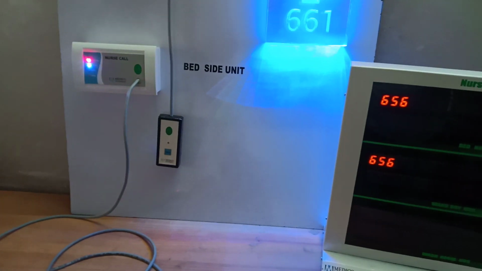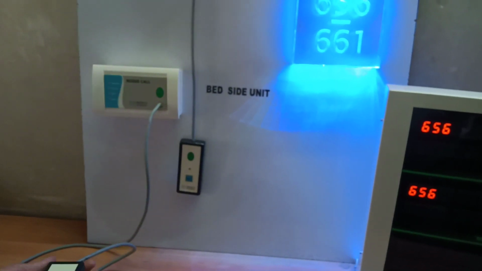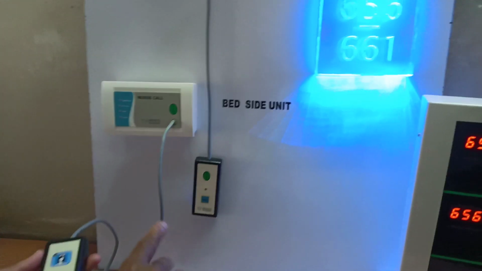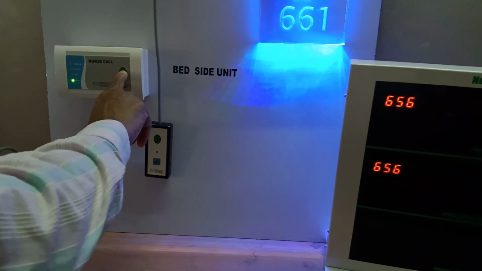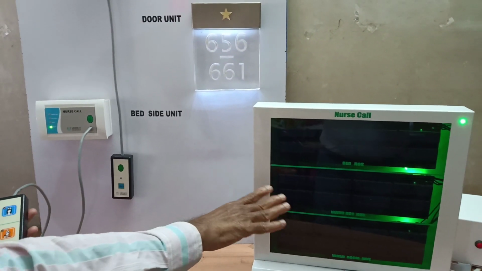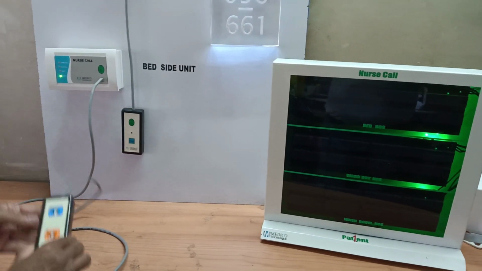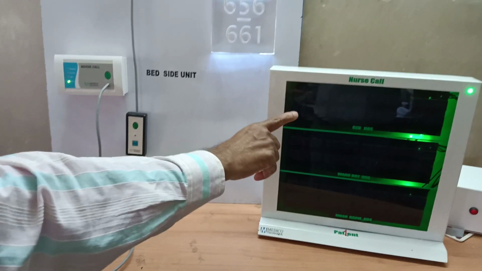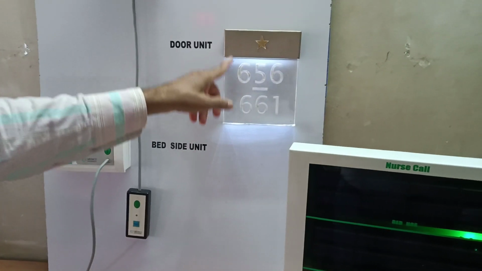Now the audio is not going to stop unless the nurse comes and visits the patient, sees the patient. When the nurse visits the patient, to dismantle the system, she will just press this reset button. When the reset button is pressed, you see what happens. Everything has come to the standby mode. Displays have gone off. Green light on the wall unit and zero light on the patient switch. Now this is the actual working of the bed unit and the nursing station monitor, as well as the door